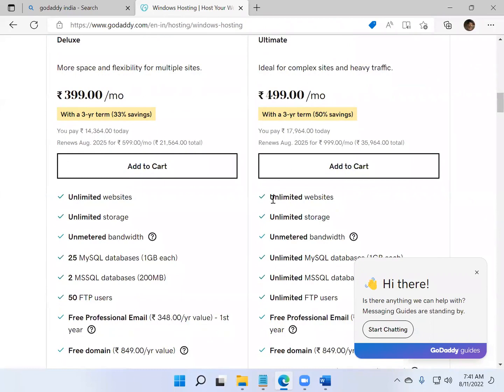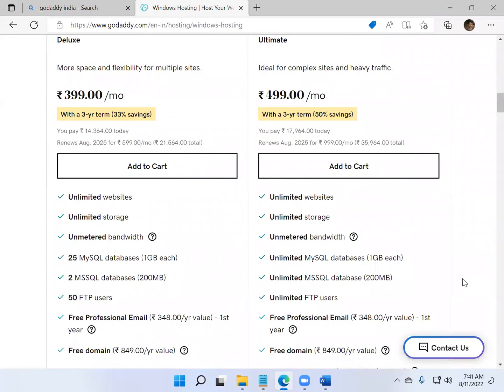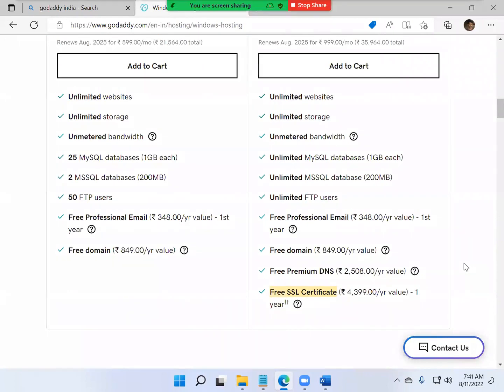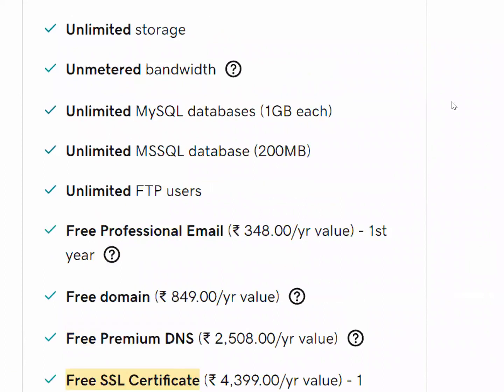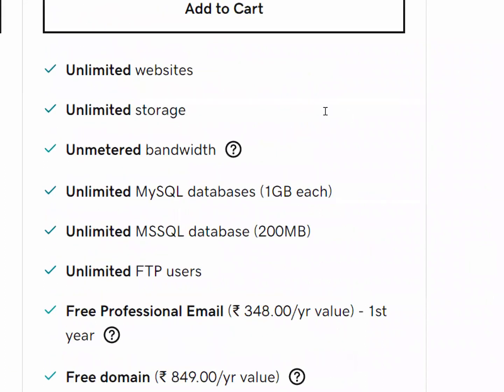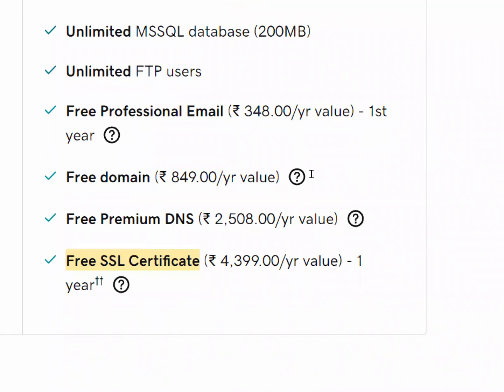If you can spend 500 rupees per month, you will get all these things: unlimited website hosting, unlimited storage, unlimited unmetered bandwidth, unlimited MySQL databases of 1 GB size, unlimited MS SQL Server databases of 200 MB each, unlimited FTP user accounts, free professional email services, a free domain, free premium DNS, and a free SSL certificate.